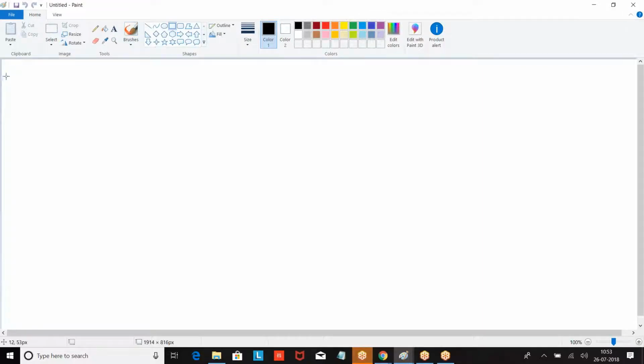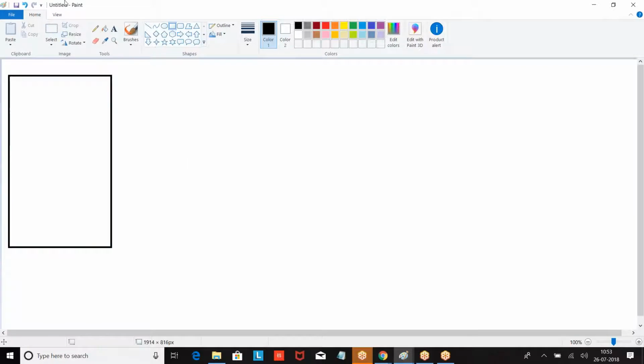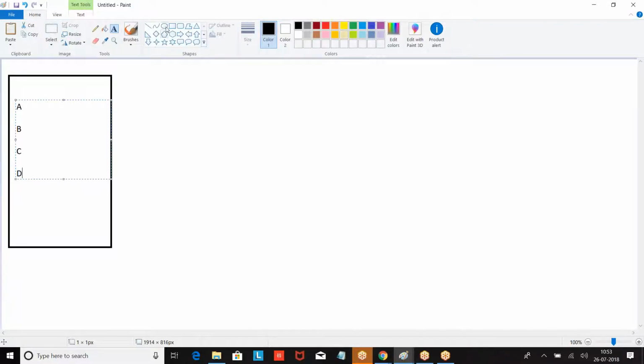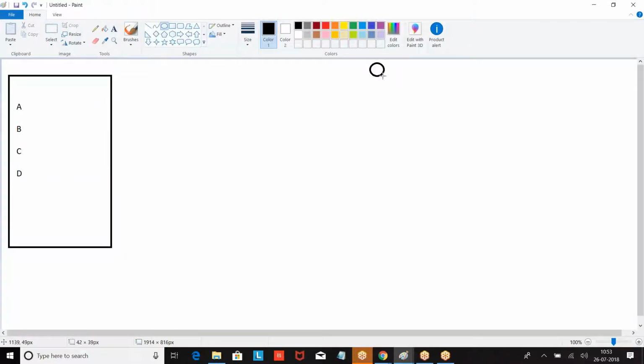Let us assume we have a house. This house has a couple of facilities, A, B, C. These are the facilities available at the house. Now, who will be visiting your house? A group of people are visiting.